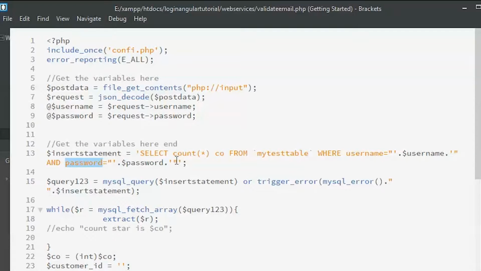So I'm just going to skip this where clause where we are using the password and statement in the where clause. I'm removing this because it's not necessary, because we are just checking using the username. Seriously speaking, we are using the email, but for now I'll be making it using the username. You can rename this to the email and match it to the column that you are making.